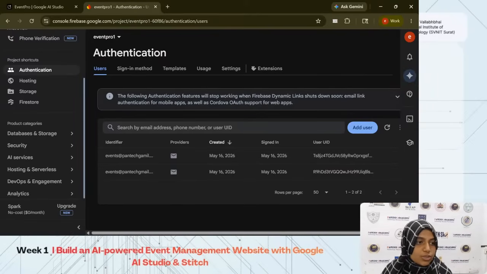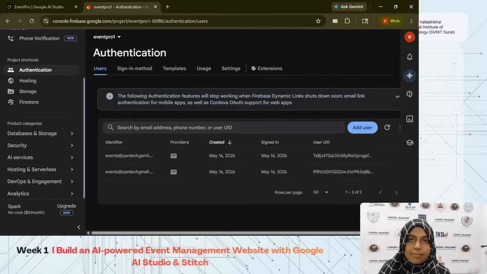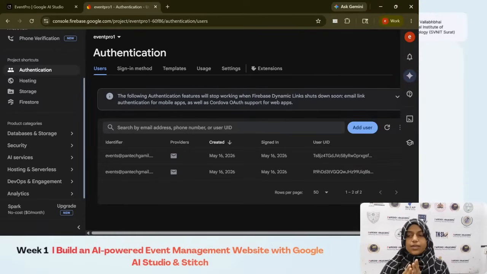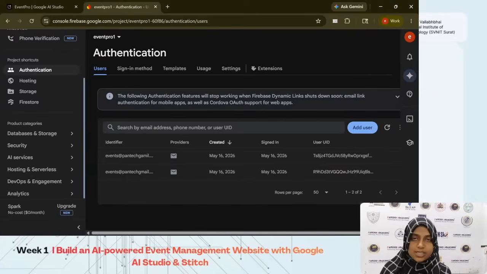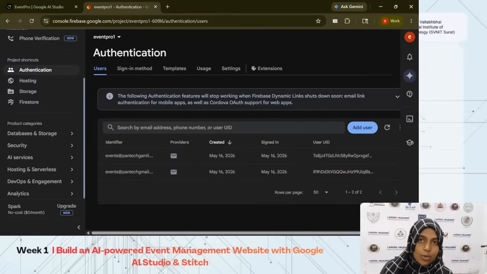Ma'am, what are the uses of Firebase? Okay, Firebase is like a ready-made backend platform. So, what is the data? Let me give a scenario. Now you are handling a cafe, or you are handling a hotel,